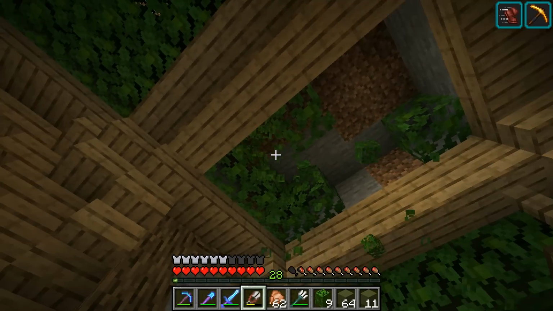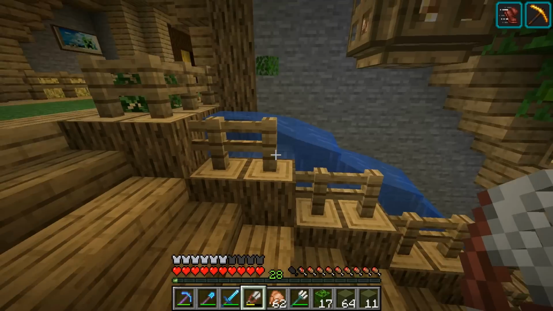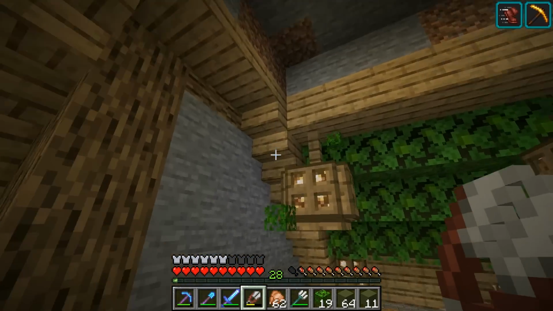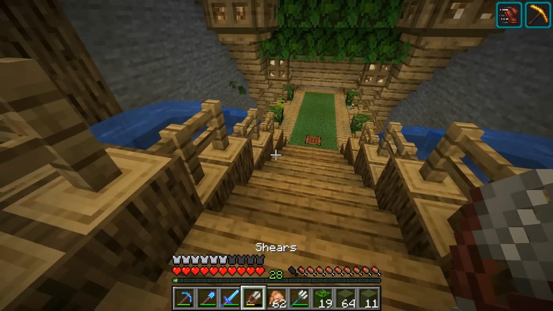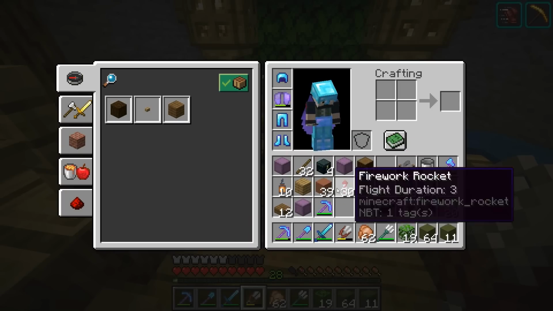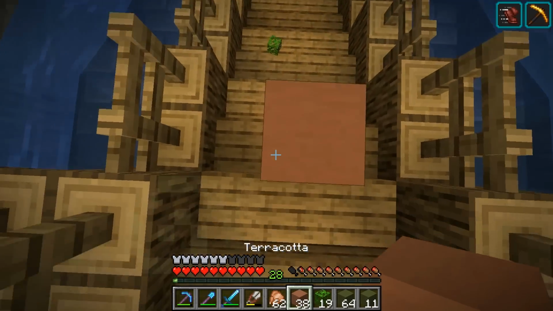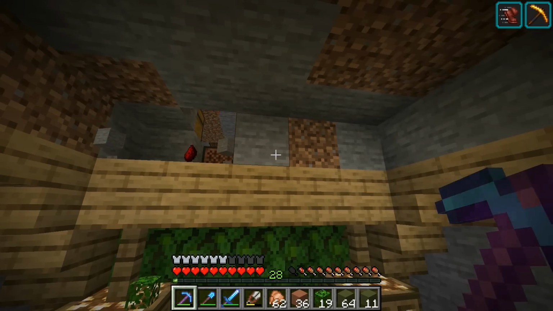So remember when we changed texture packs here, I said I didn't like how you could see the stone through the leaves. So one thing I've been doing here is replacing all the stone with green terracotta so that it looks a little bit better. It's such a subtle thing, such a minor thing, but